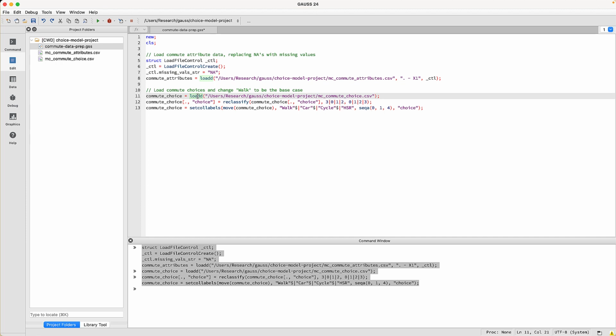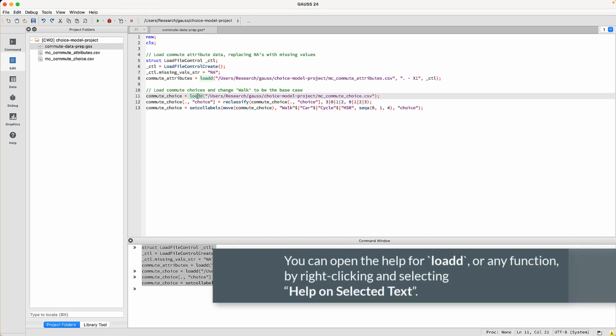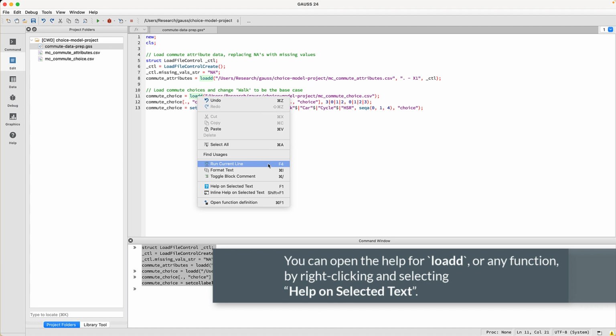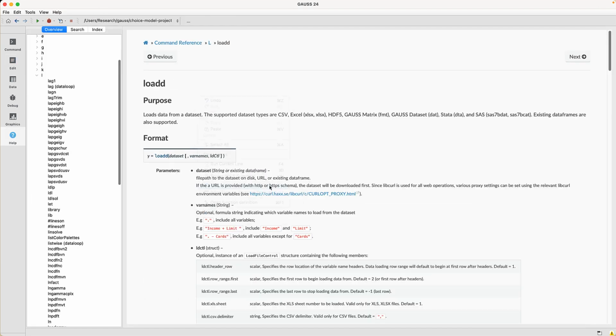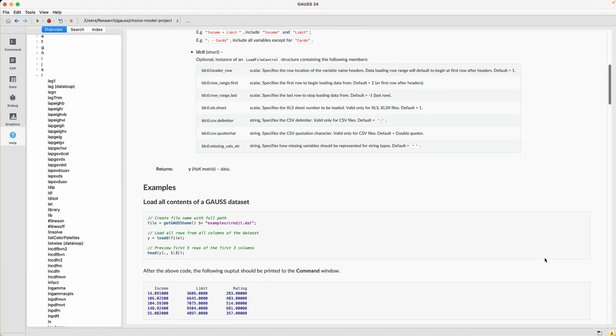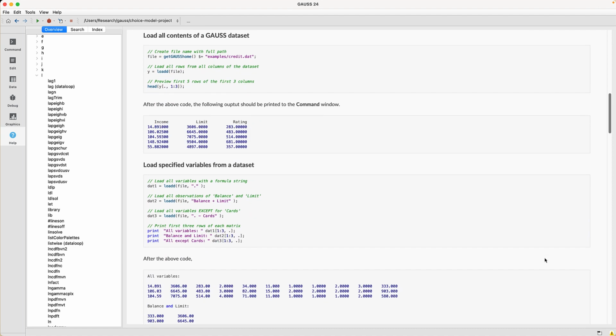More details on formula strings can be found in the description below. You can open the Help for Load or any function by right-clicking and selecting Help on Selected Text. This will open the command reference page that shows you what inputs the function takes and provides examples of different